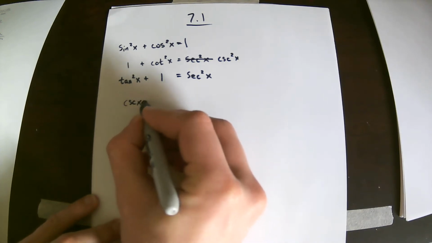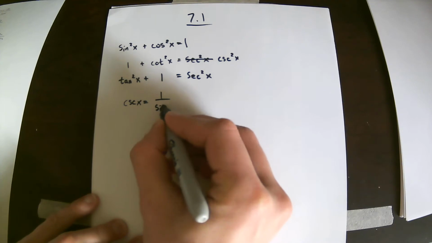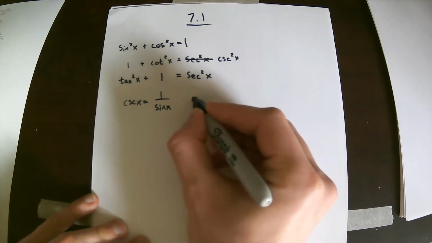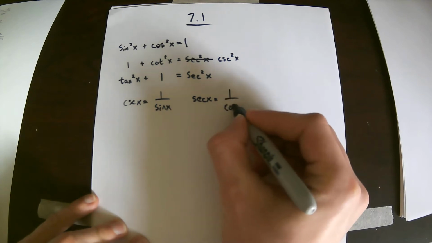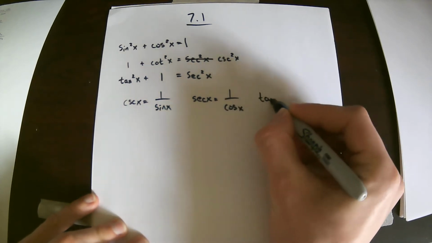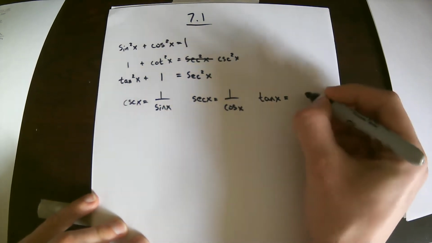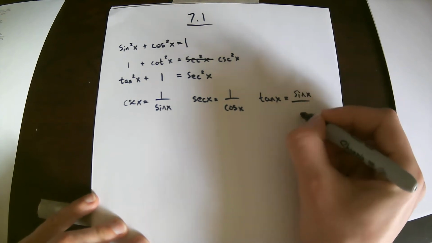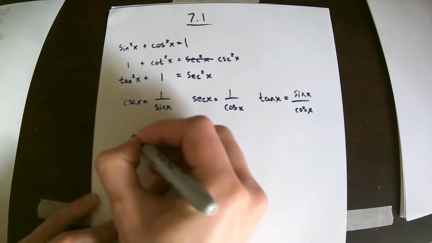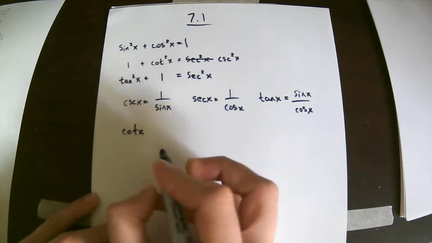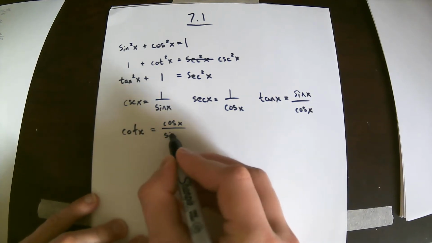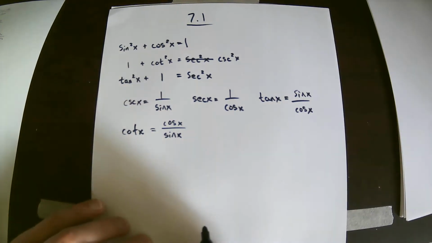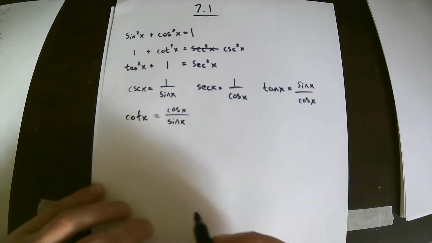Cosecant x is equal to 1 over sine x, and secant x is 1 over cosine x, tangent x. This isn't a reciprocal identity, but this is how tangent is defined, sine over cosine, and then you have cotangent, which is cosine over sine. And let's see what else. Then there's the,